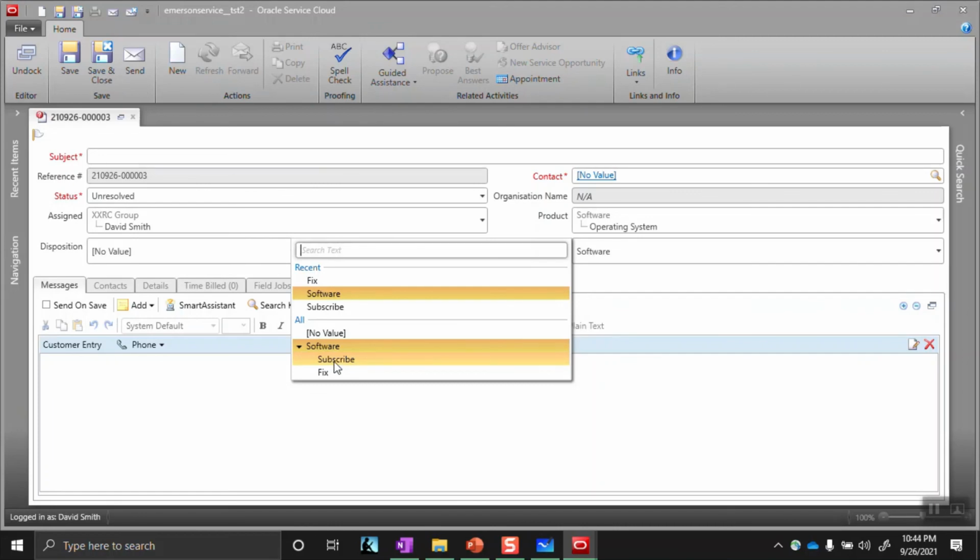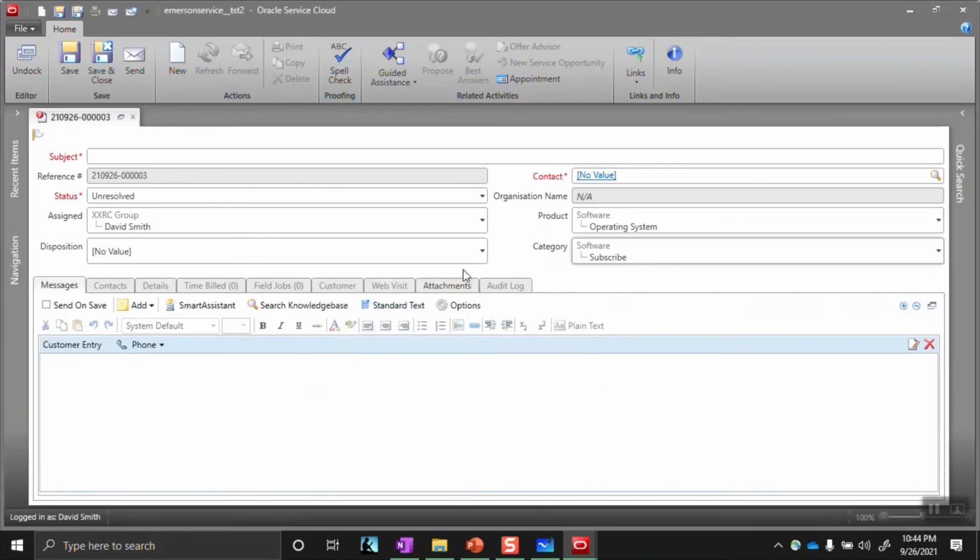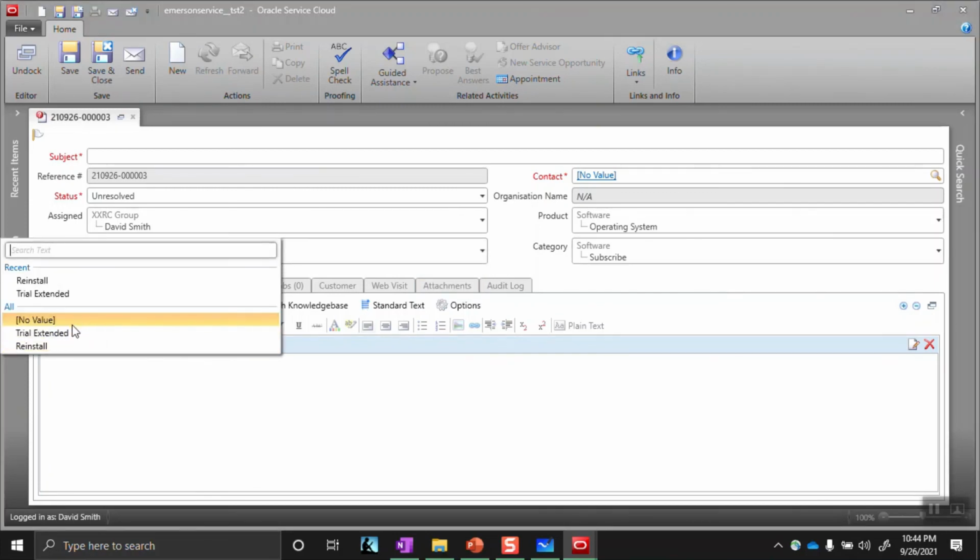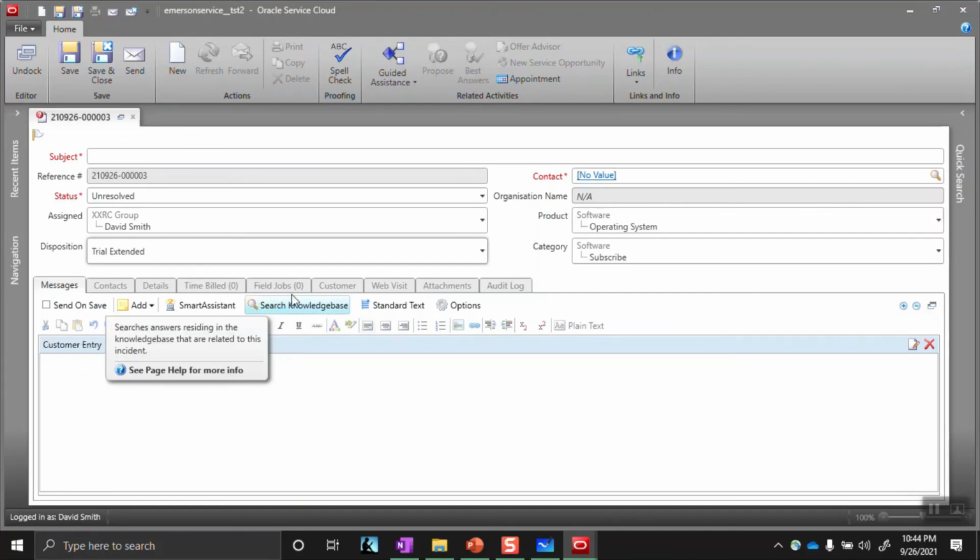Let's say it is subscribe, and then we go to the disposition. We will not be seeing the repair and replacement here. We will see the trial extended and the reinstall. So we will select trial extend. This is basically the way the product categories and dispositions are defined, and how the linkage happens.